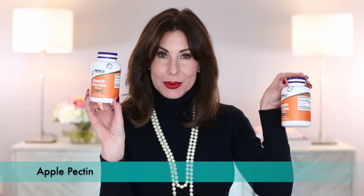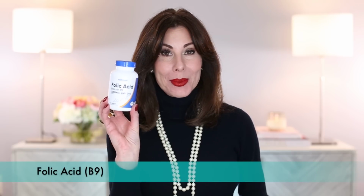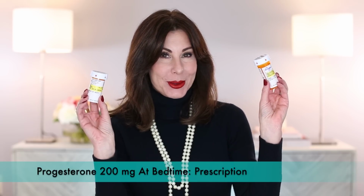Moving on to supplements, and yeah, pretty much supplements. A few food items, starting with apple pectin. I used up 2 of these. B12, folic acid or B9, vitamin K2 and D3, rhodiola rosea, love saying that, pancreatin, and for bedtime, progesterone by